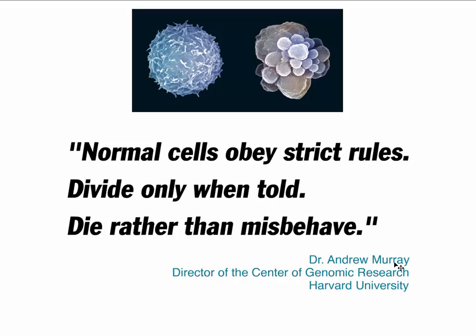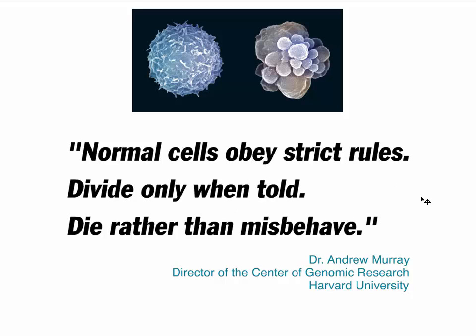And of course, what this is referring to is the fact that under normal circumstances, eukaryotic cells in a multicellular organism have molecular mechanisms in place that will actually cause them to undergo programmed cell death if they are behaving abnormally and in such a way that they could possibly pose a danger to the organism as a whole. And we talked about that before in our cell signaling discussion. That mechanism is apoptosis.